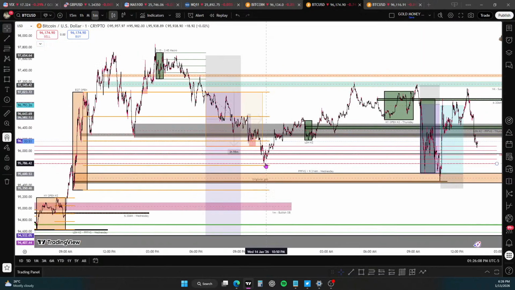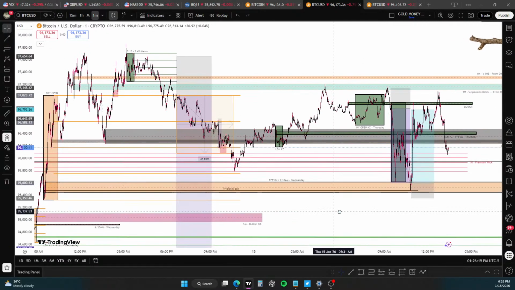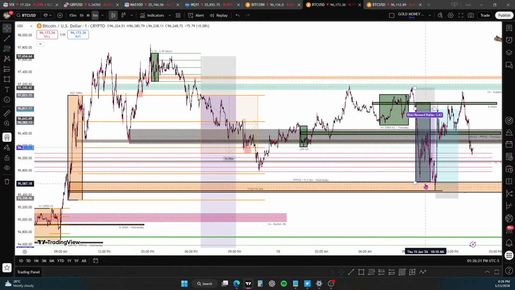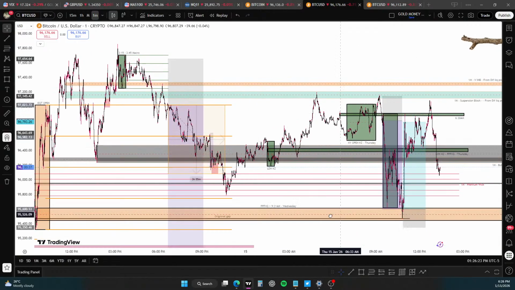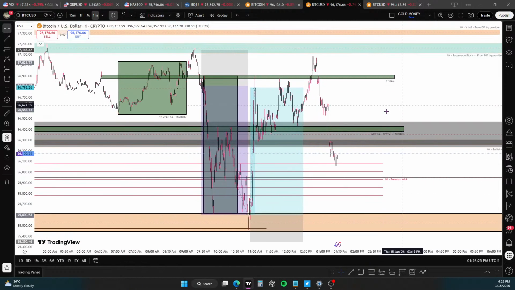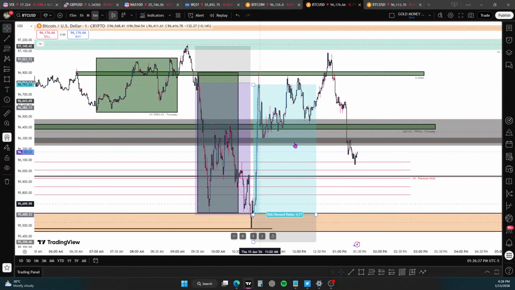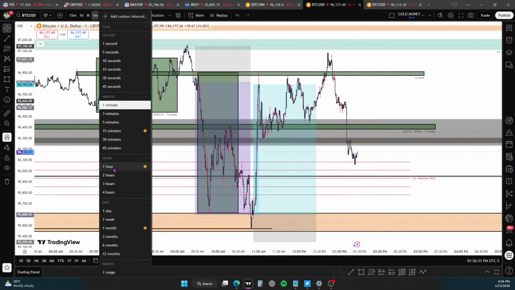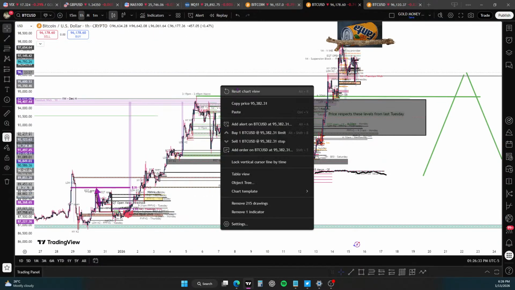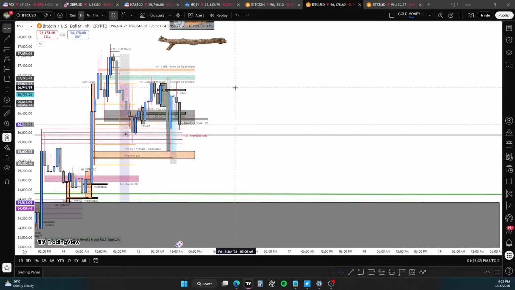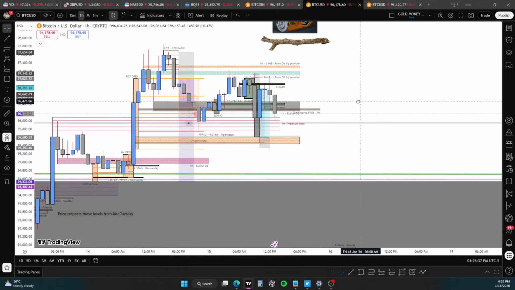If this low is inside of here, like this one is, then maybe the price wouldn't have needed to come back into this. So now it's done it one time, it may never come back into here. But that just depends on the overall narrative, because look at where we are right now.